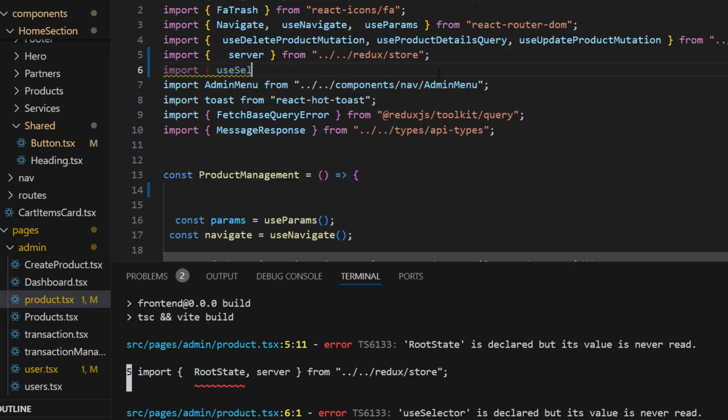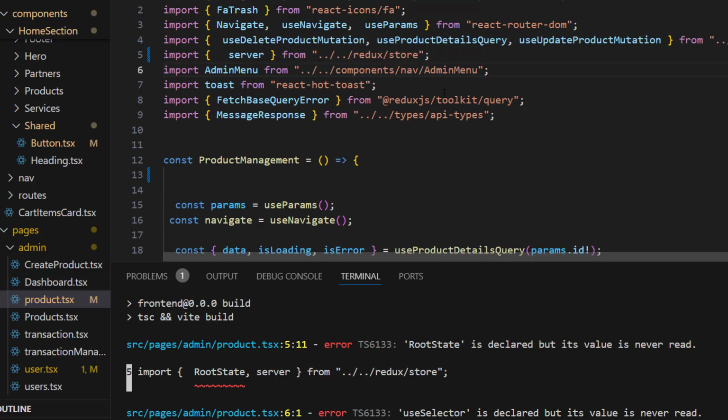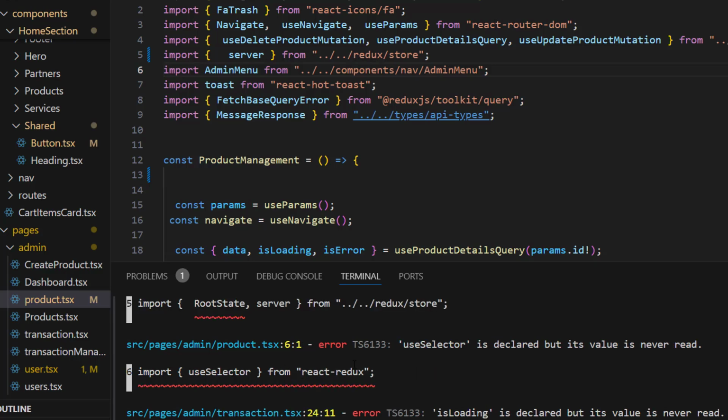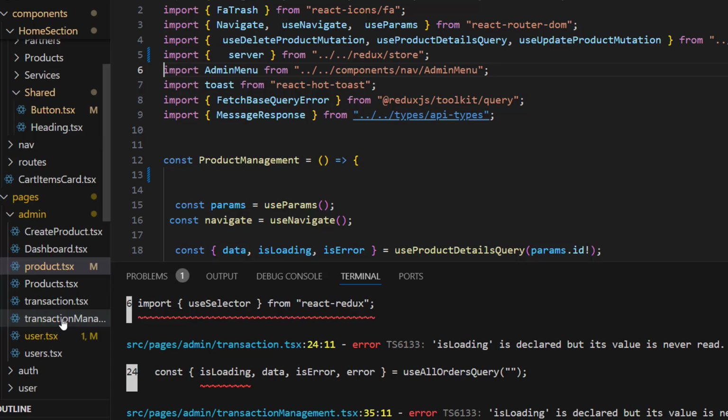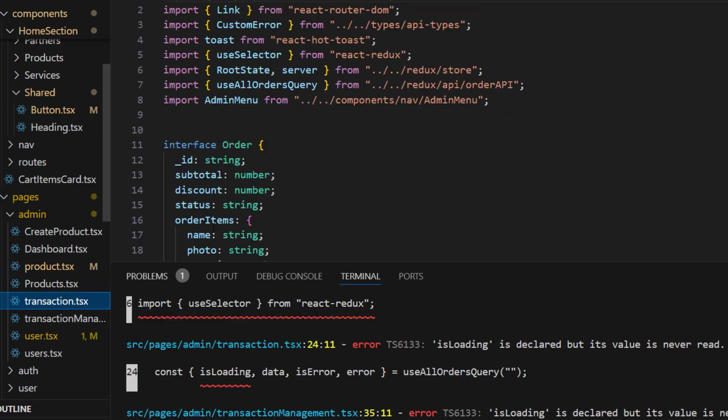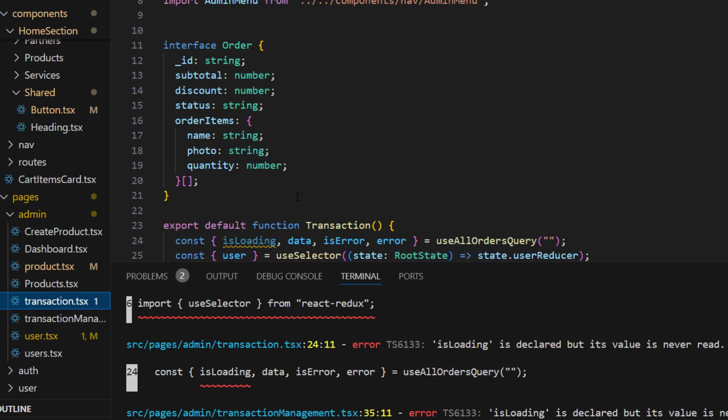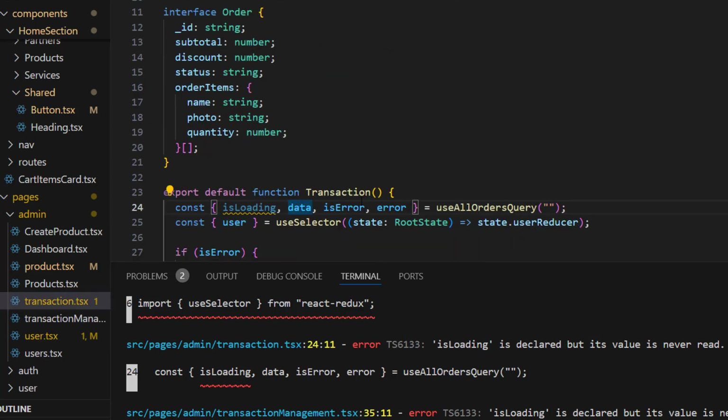So we are removing useSelector. So RootState, useSelector, isLoading declared, value never read. So admin transaction, most of the things are unnecessary. It is not being used, that's why it is suggesting we remove it. So isLoading,